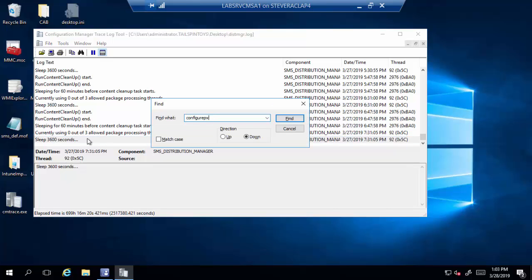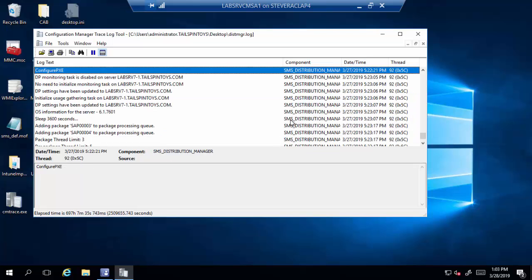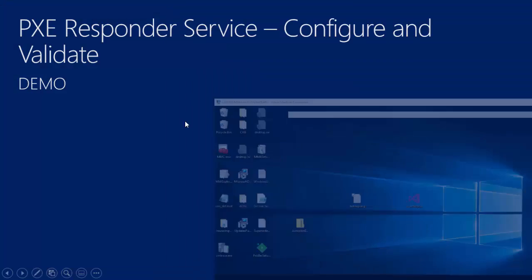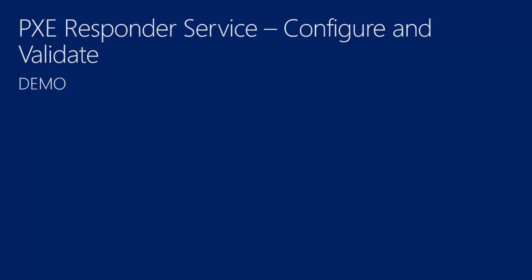And if I search for that, then I'll just see some activity in the log where it knows for my particular distribution point, the 7-1, that it needs to go configure PXE. And it has, right? So I can see that indicator in the distribution manager log. Now, the ultimate in knowing that the PXE responder is turned on, though, is to look at the distribution point